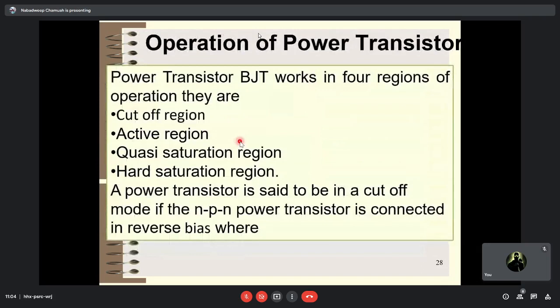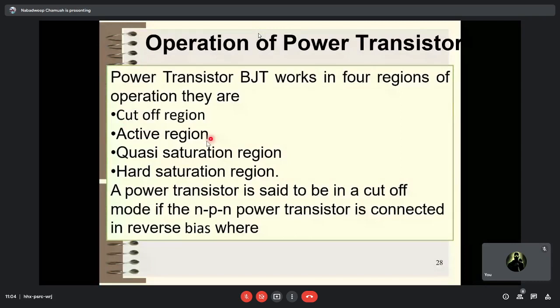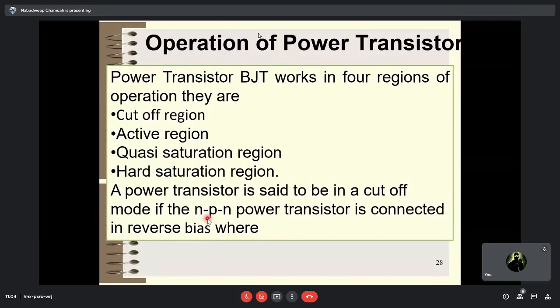Then the operation of a power transistor, how it will operate. A power BJT basically works in four regions of operation: cutoff region, active region, quasi-saturation region, and hard saturation region. The power transistor is said to be in cutoff mode if the NPN power transistor is connected in reverse bias. If you connect the transistor so that both the junctions are in reverse bias,